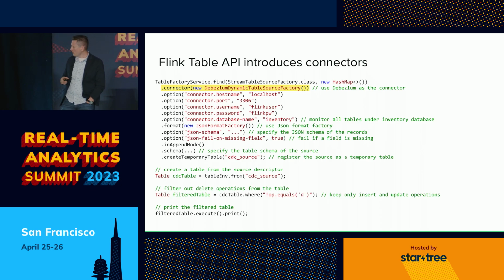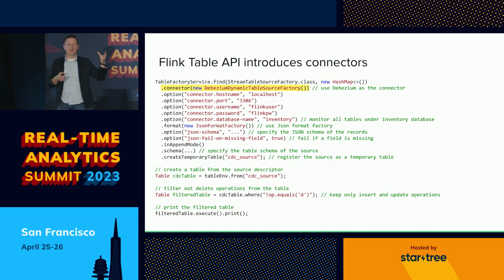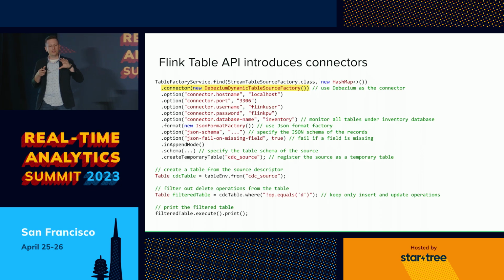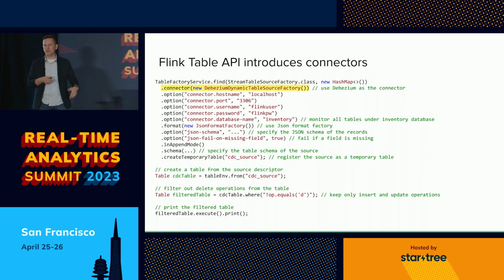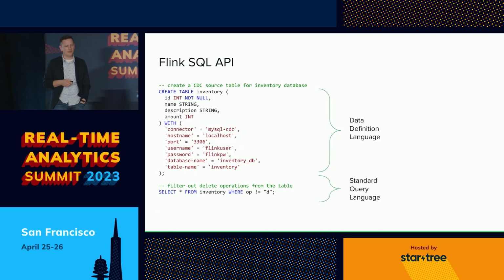And this warrants some explanation because a table in the Flink table API is basically a connector. There are physical tables in some other database somewhere. Flink doesn't necessarily touch those tables directly, but it talks to those physical tables through connectors. So when we're talking about tables in Flink, we're not talking about the physical table in some physical database, but a connector abstracting over that physical table, more or less.